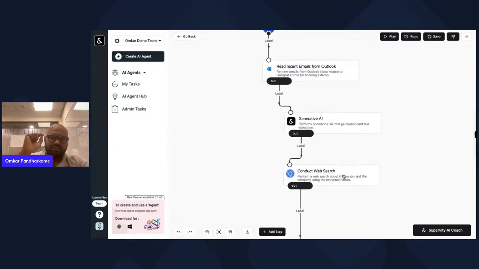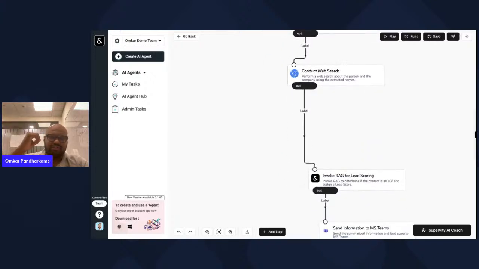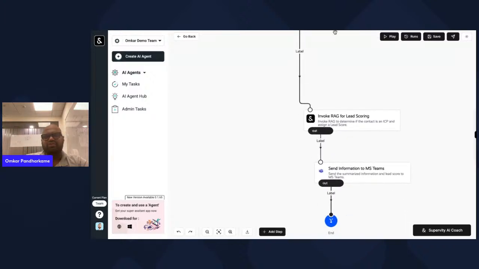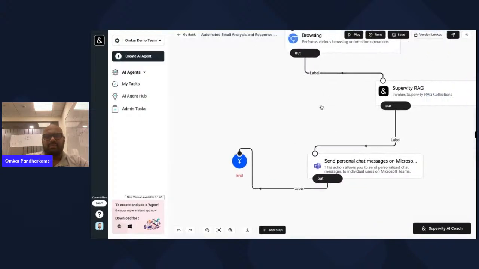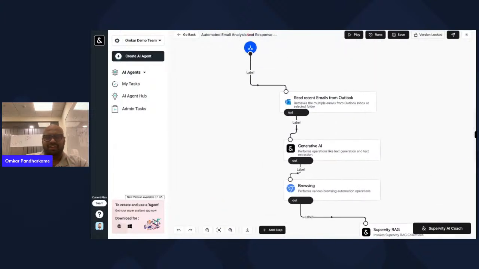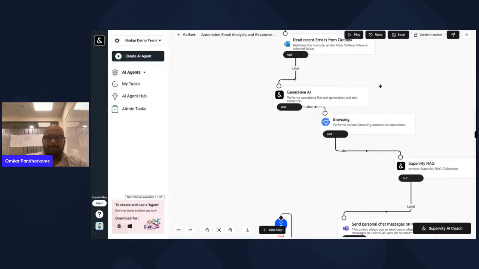It will extract the text, it will perform web search, and then it will invoke RAG for lead scoring, and then it will send the information to MS Teams, right? So this is essentially, I'll just properly structure it so that everybody is able to see it properly.